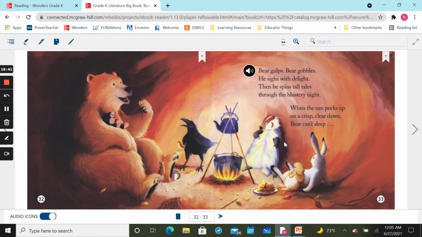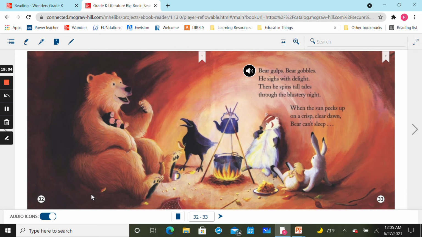And this ellipses is telling me that the sentence continues on the next page. But before we even turn the page, let's visualize what's happening on these two pages. So clearly we can see that they're all sitting around the fire, but when we think about the first two sentences, Bear gulps, Bear gobbles,